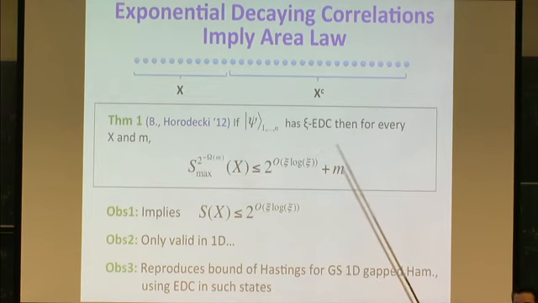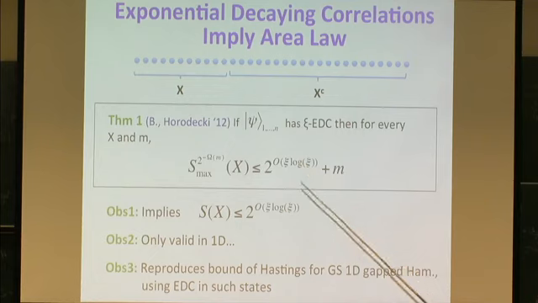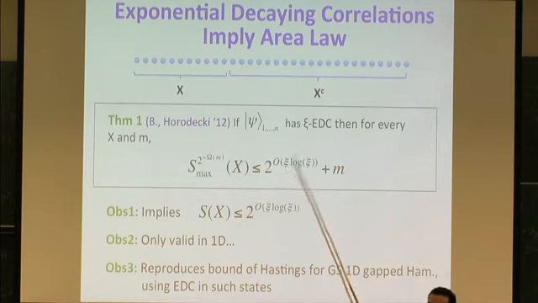This is useful because it actually implies that there is a matrix product state approximation, which I mentioned before. It's only valid in one dimension. That's unfortunate, but it seems very hard to go beyond that. And it reproduces the bound of Hastings for ground states of one-dimensional gapped Hamiltonians, just because, as I mentioned, such states have exponential decay of correlations, and the dependence will be the same. In more recent work by Arad and collaborators, they can improve this dependence for the case of ground states. We don't know how to do this here. Maybe we could get something linear in the correlation length, but we don't know. Any question?